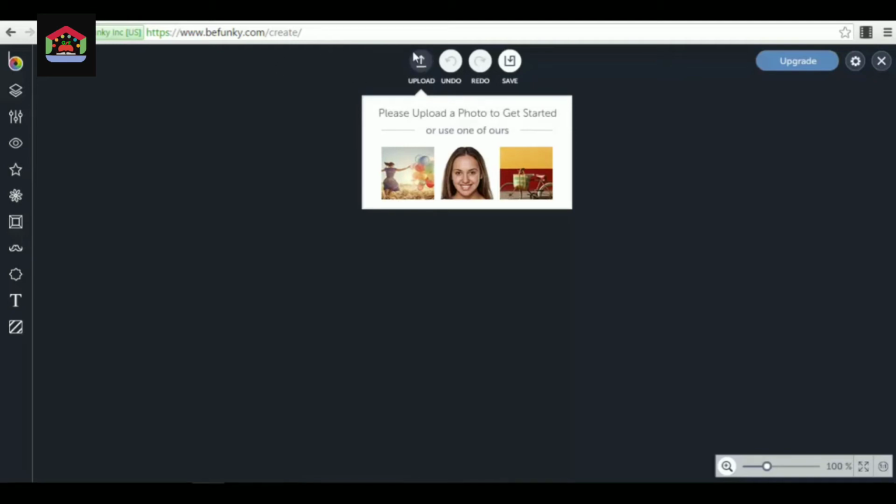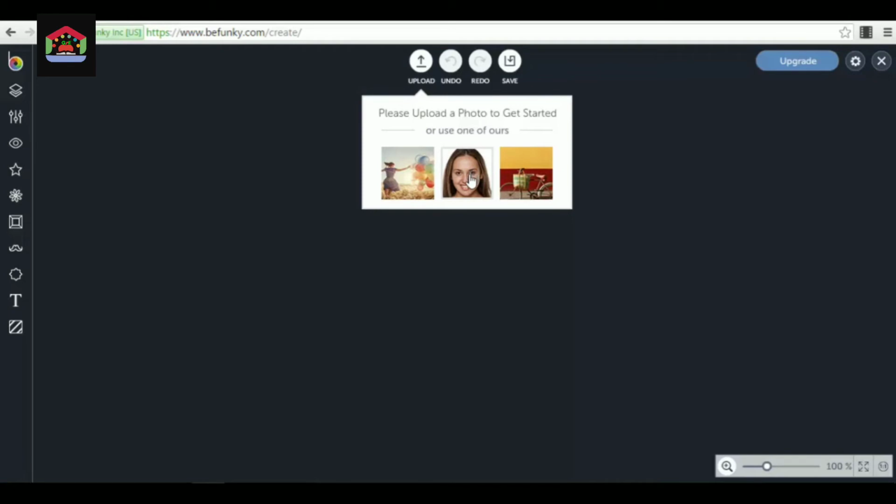And now you have more options to upload a photo from your computer, or to test and use one of their photos right here. For the sake of this example, I will use one of their photos. For example, I will use this lady in the middle because it's a more suited photo for a profile photo. For example, if you want to use it for your LinkedIn profile or for your Facebook profile. I'm not saying that you should use this lady's photo, but this is how a photo should look for your profile or for your LinkedIn.